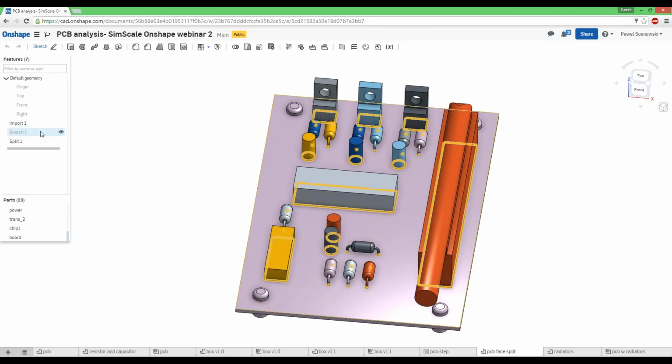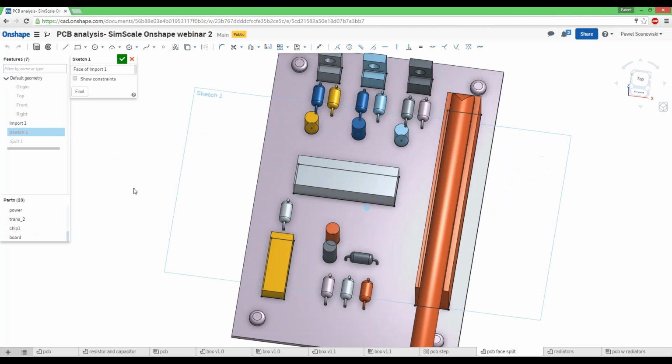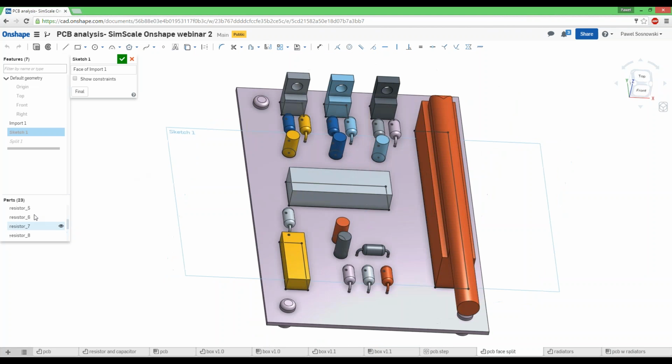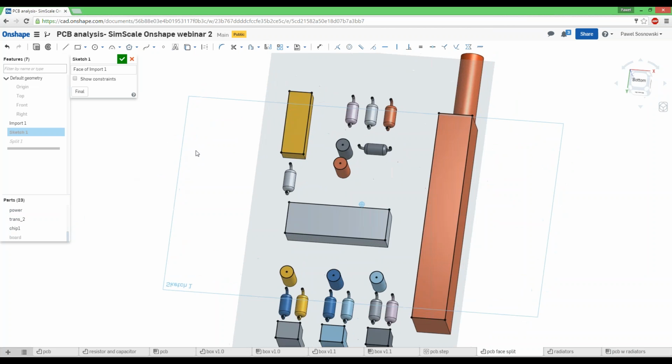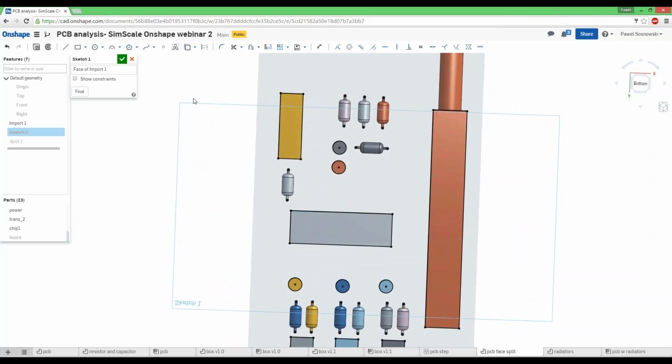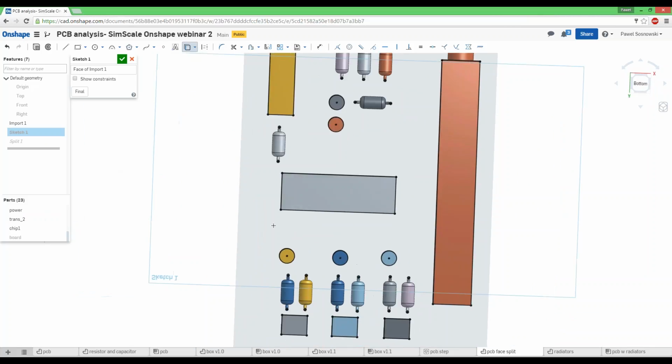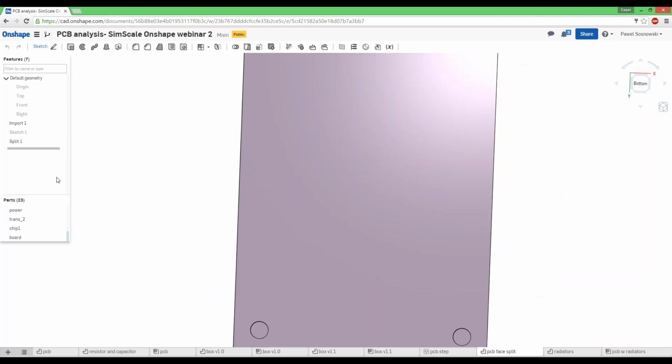In this particular case, I created a new sketch on top of this body, and then I hid the board, at least for a sec, rotating it around. And then within the sketch, I simply used intersection elements such as these faces, each of those faces, to create the sketch, which will look,